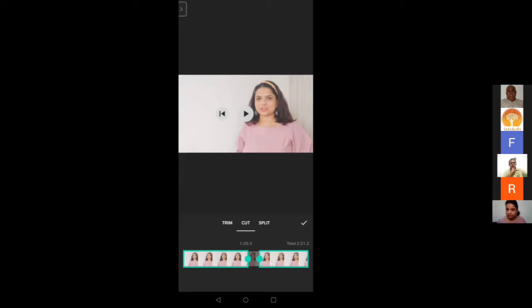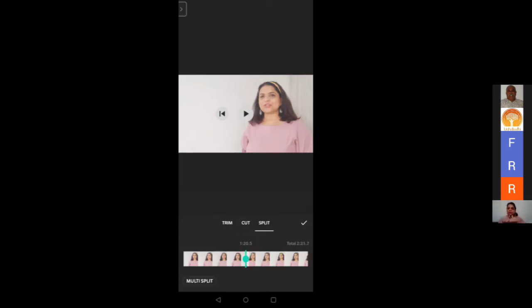We were moving that cursor, that green button, so cut, from left to right. So if you exactly know that at this 1 minute or 1 second I have done a mistake and I want to cut, and my first half and the second half is completely fine, then you can use this option of cut. Okay, so you can use that. The third option is called split. So what will this do? This will split your video automatically into 2-3 zones.